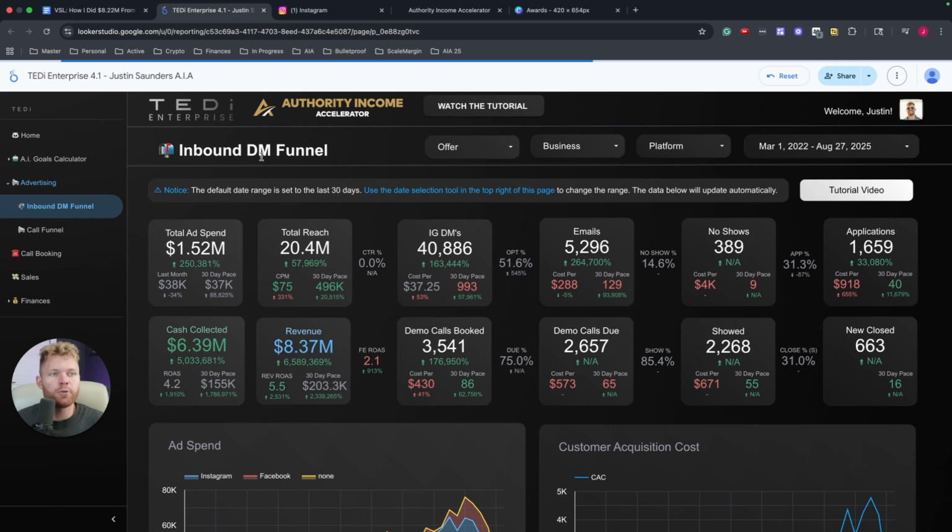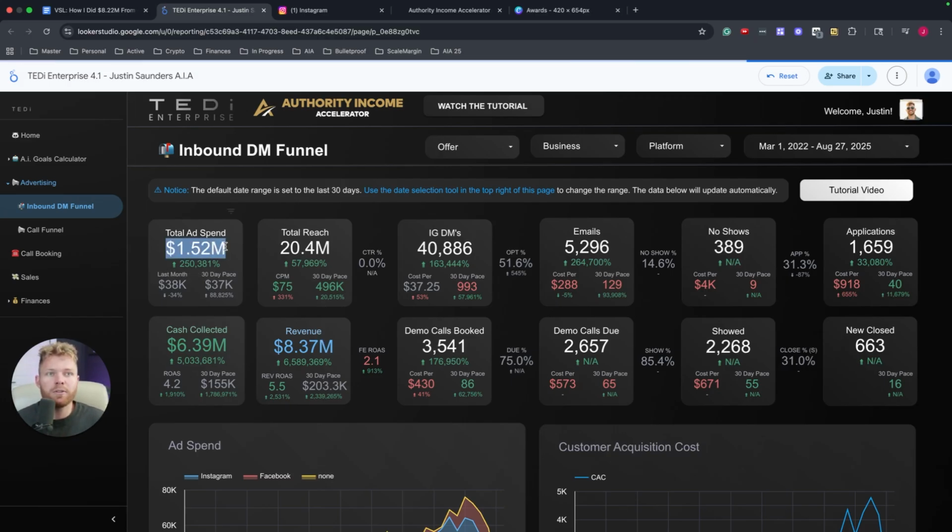All right, so I've got this pulled up over here, and you can see it's still loading, but I just want to get to the point on here. Again, I'm not here to make any fancy edits or do any crazy PowerPoint. I just want to give you the raw truth of numbers and what you need to focus on. Now, this is a dashboard that we re-uploaded some of our data into, so some of it isn't 100% relevant, like applications, emails. We don't really focus on that right now. So those are some numbers just not to pay attention to. But the main things I really want to show you, and we have another tracking dashboard. We use everything in Airtable, but this is just way easier on the eye, and that's what I wanted to show you, the basics behind this.